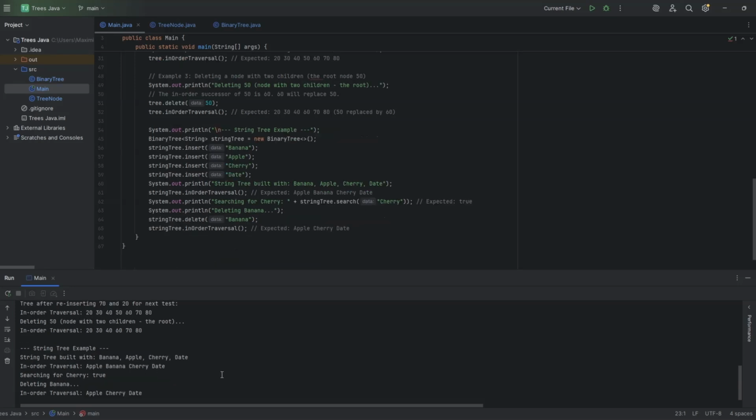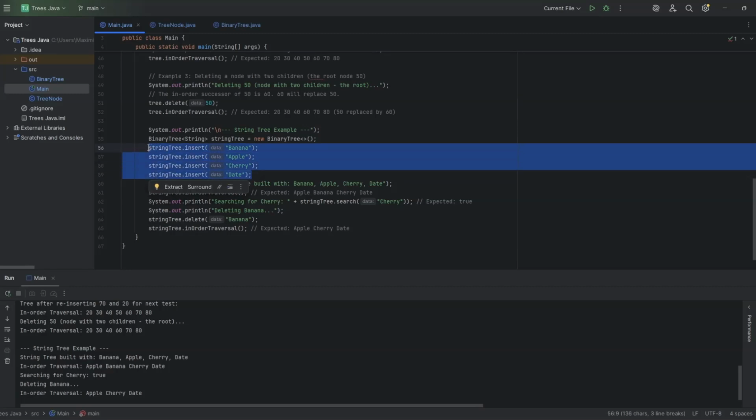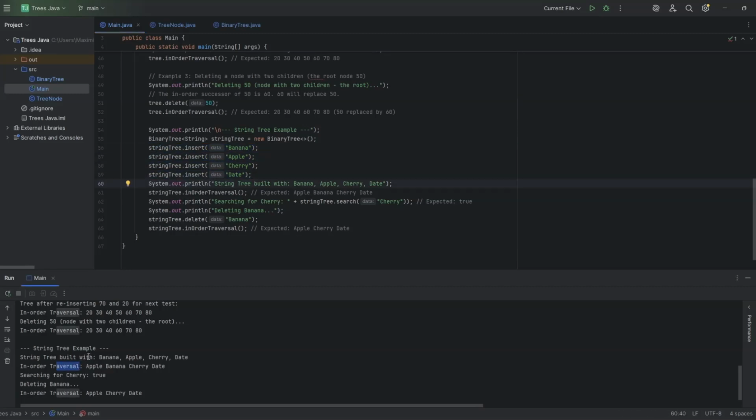And with the help of generics, we can also use different data types for our binary tree. For example, we can have a string binary tree. First I inserted some nodes with strings as their value, and we can also traverse the tree, search for elements or delete elements. For example, they are used for databases and dictionaries,